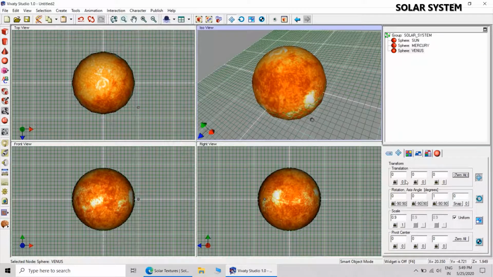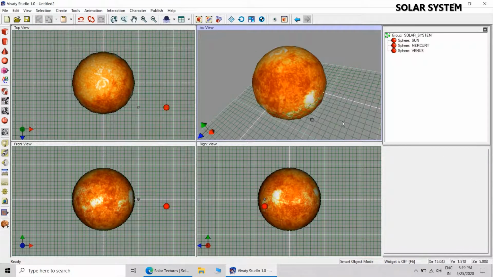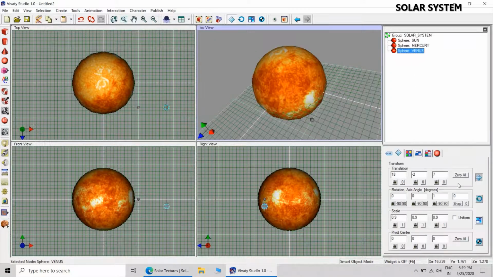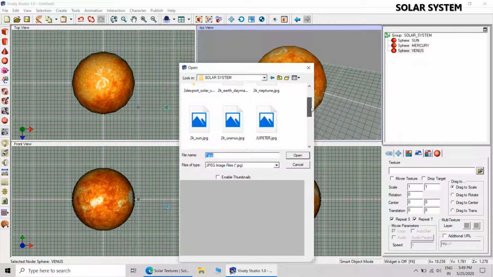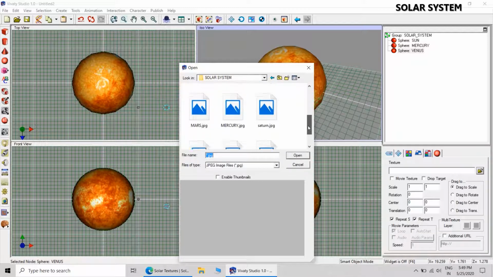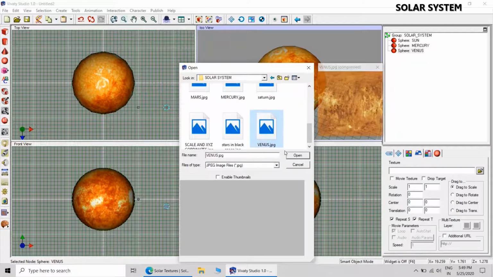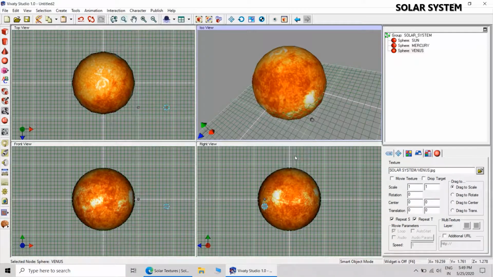It is almost equal in size to Earth. Small difference is there, but of course it is close to the Sun. 18 on X, minus 2 on Y, 7 on Z. Let us apply the texture. Venus, yes, here it is. So that completes the creation of planet Venus.